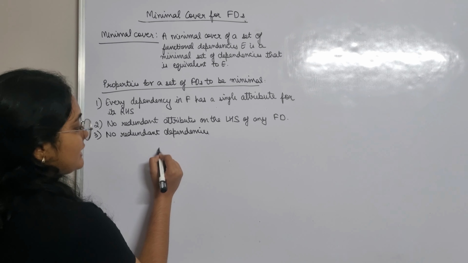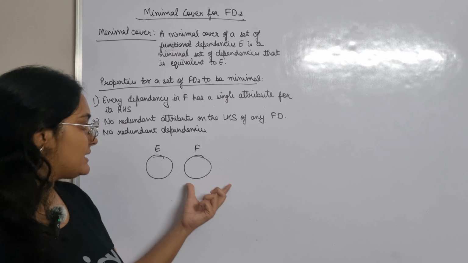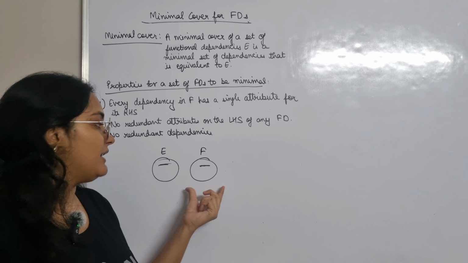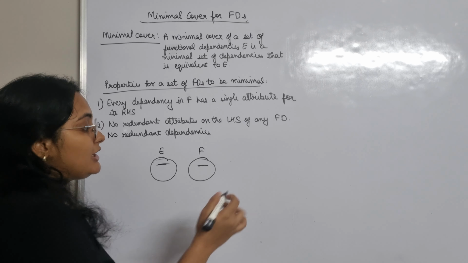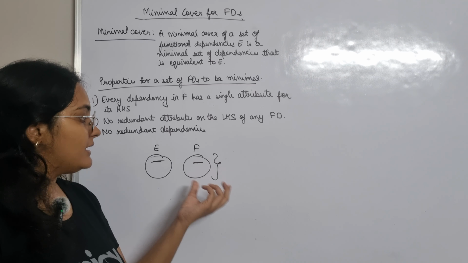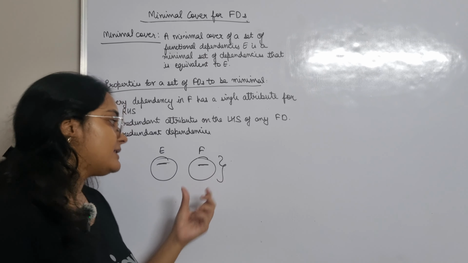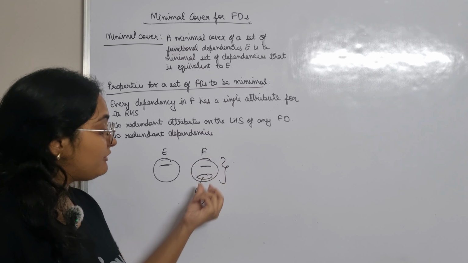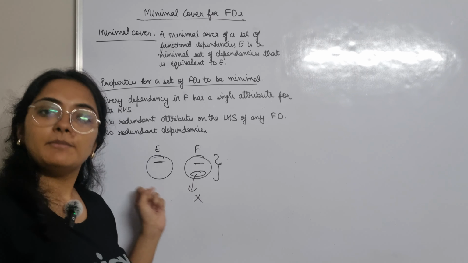So for example, for any set of functional dependencies E, we have figured out a cover F, which means that every dependency in E can be covered by F, or every dependency in E can be inferred from F, right? But what does minimal mean? Minimal means that this set cannot be reduced further. That is, there are no redundant dependencies over there. You cannot remove any functional dependency from here, and if you remove any functional dependency from here, it will not be able to cover E. That is the minimal cover.